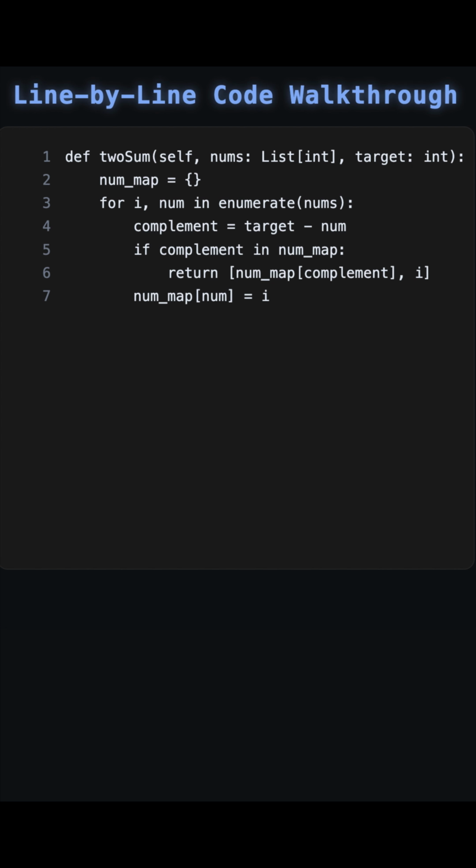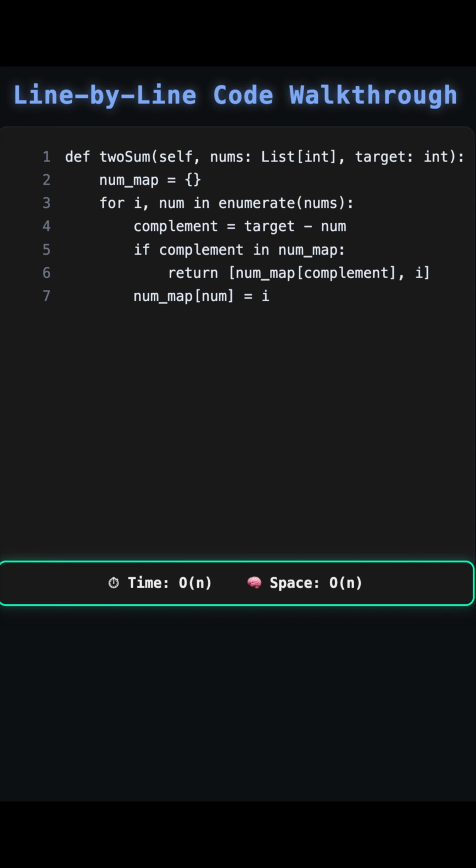And that's it. Since the problem guarantees that there is always exactly one valid solution, the function will always return inside the loop. And since we are just traversing the array once in a single pass, the time complexity of this solution will be O(n). And since we are using a hash map over here to essentially remember the previous elements that we have seen, the space complexity will also be O(n) over here,